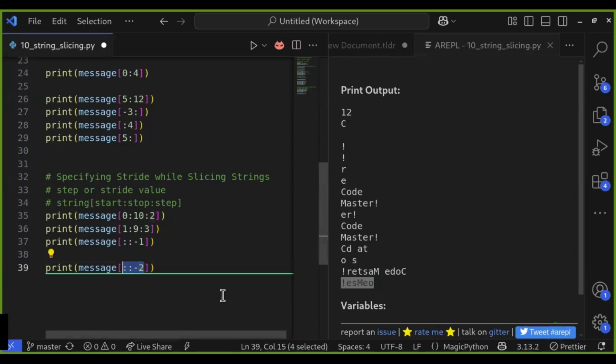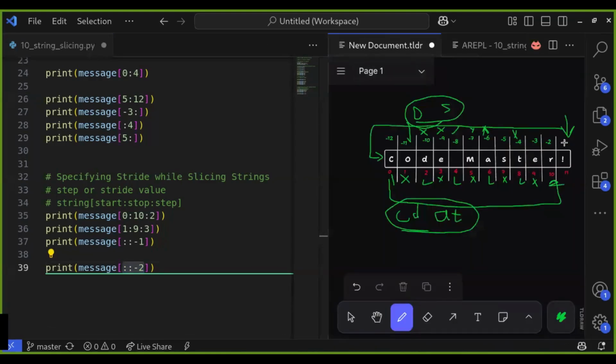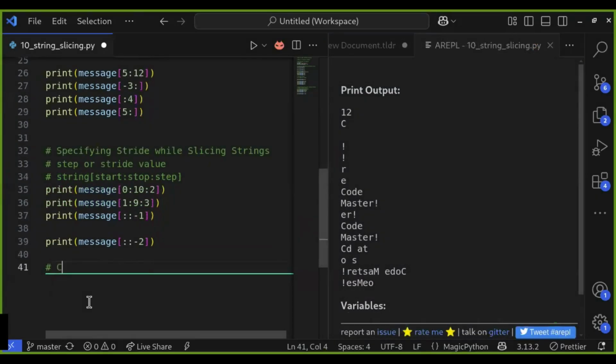So the stride parameter becomes especially powerful when you are analyzing patterns, filtering text, or manipulating sequences in specific ways. Whether you are reversing text, skipping characters, or creating more dynamic slices, this third value adds flexibility that goes far beyond simple slicing. Now that we have seen how slicing works, including stride, let us shift our focus to another practical task in string handling.